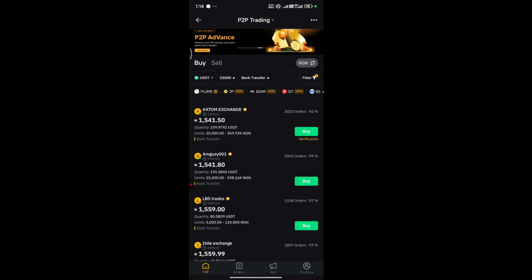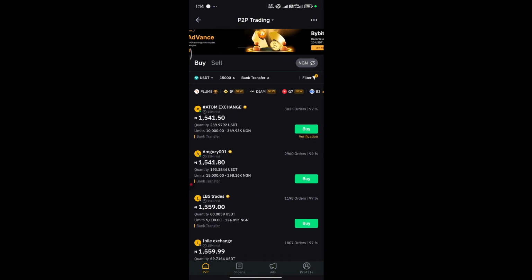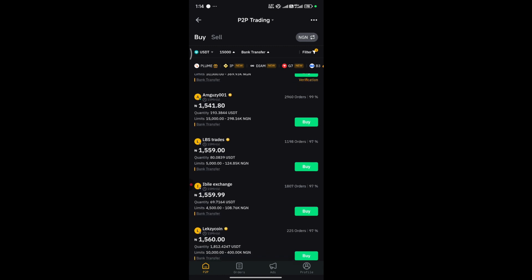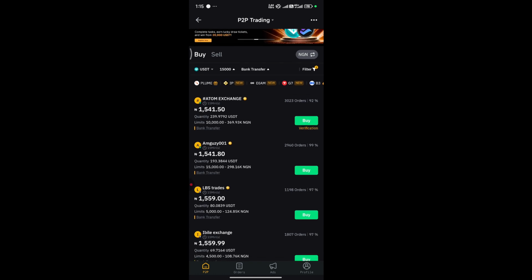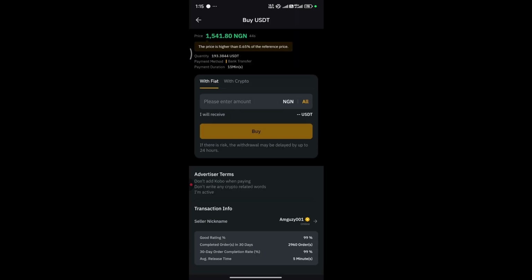Okay, you can see now this guy, you need verification level 2. Since this account is verification level 1, you might not be able to get from this guy. So let's go up here, and we can see that these two guys are a bit cheaper, but this guy now is 15,000. The second guy is a bit higher than the first guy that needs level 2 verification. So we can click on this guy to get our,